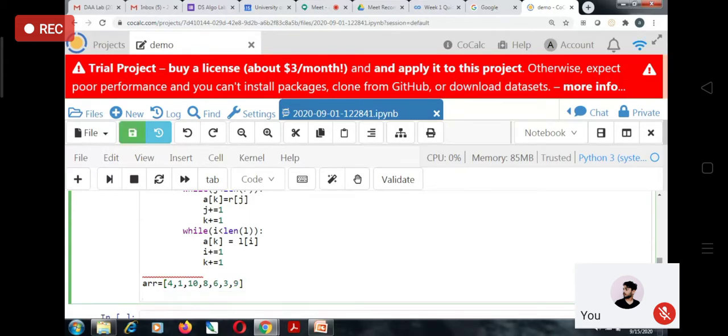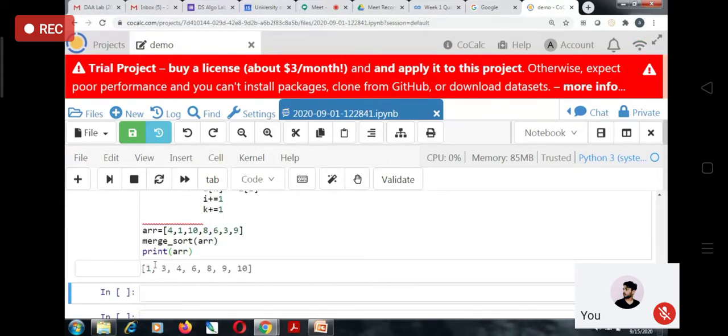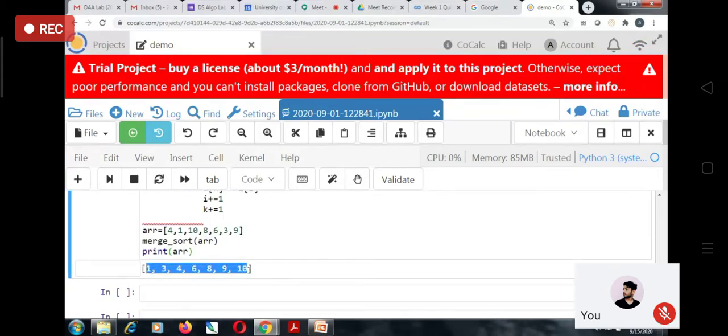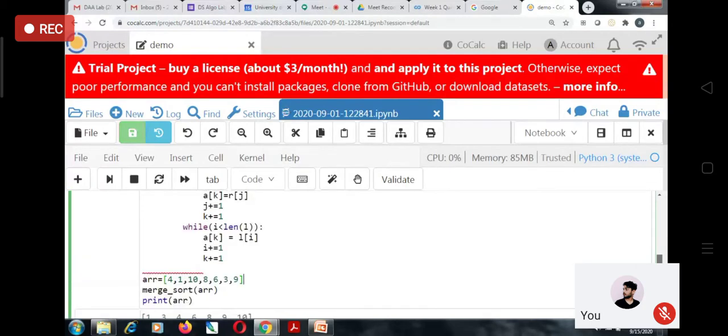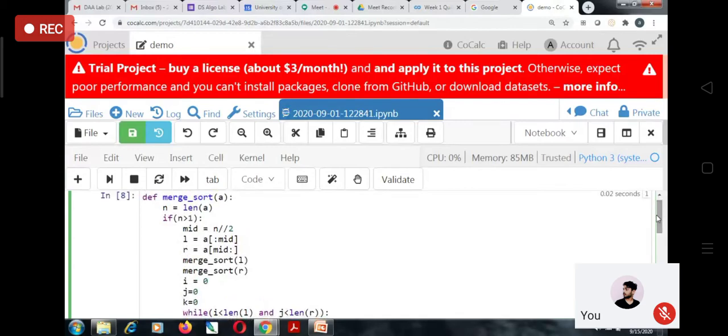Now we will just call merge sort on the list, and then print the output list. So let's see. It has printed the sorted list. So this is how we can implement merge sort using a recursive function.